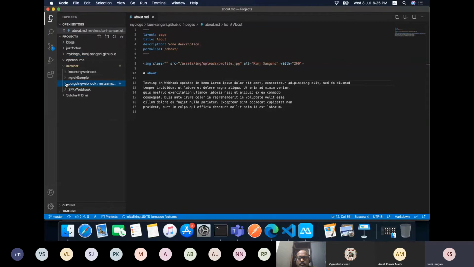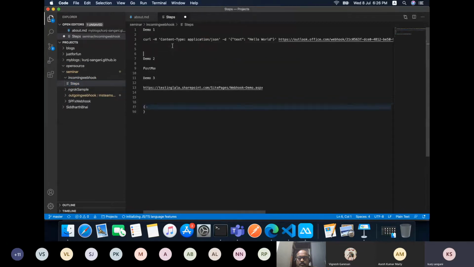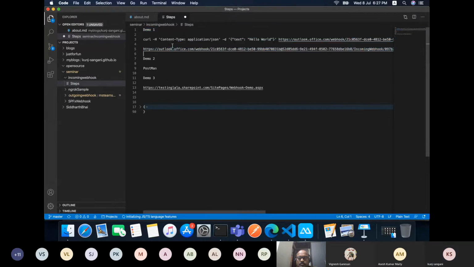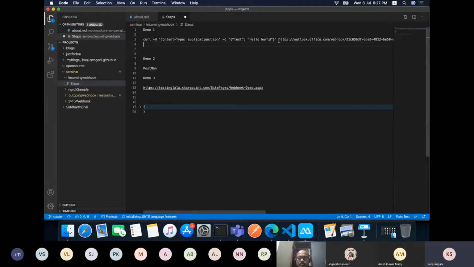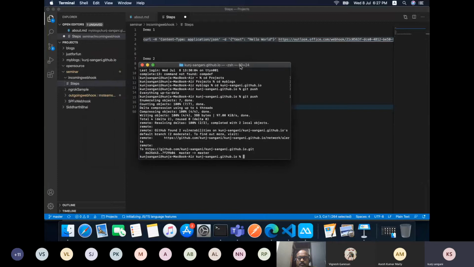So curl is a terminal command which we can use to send the data.